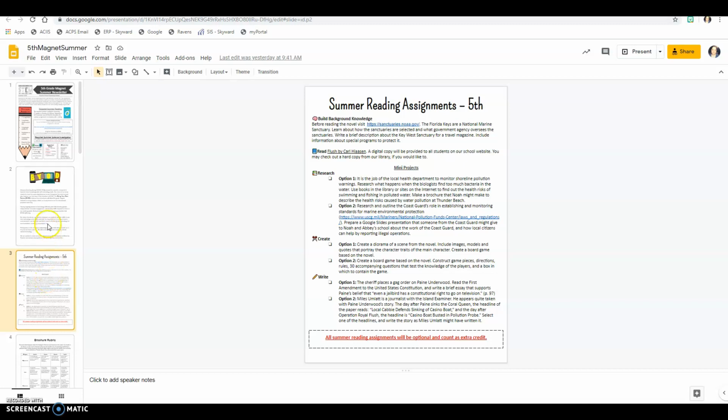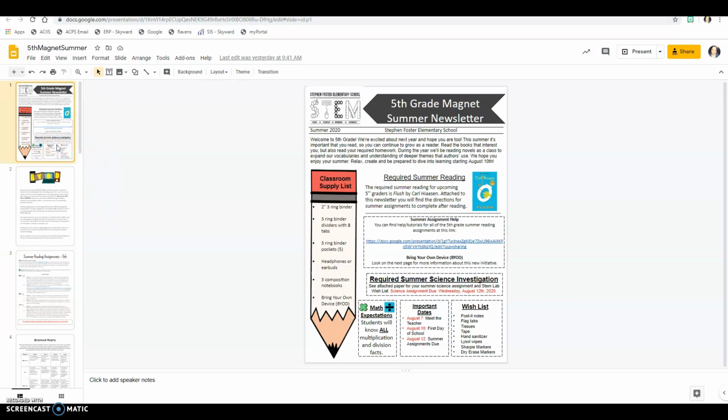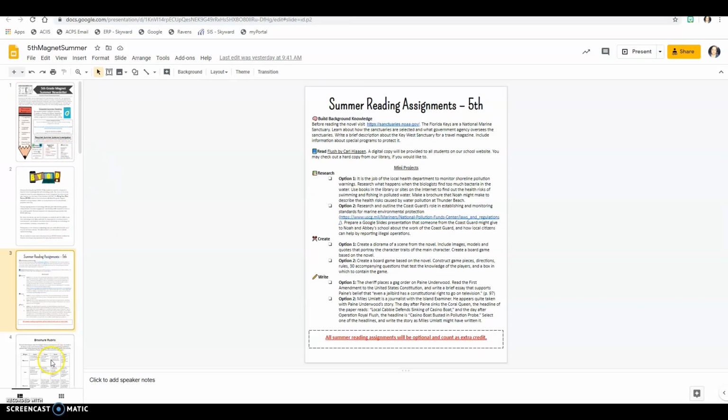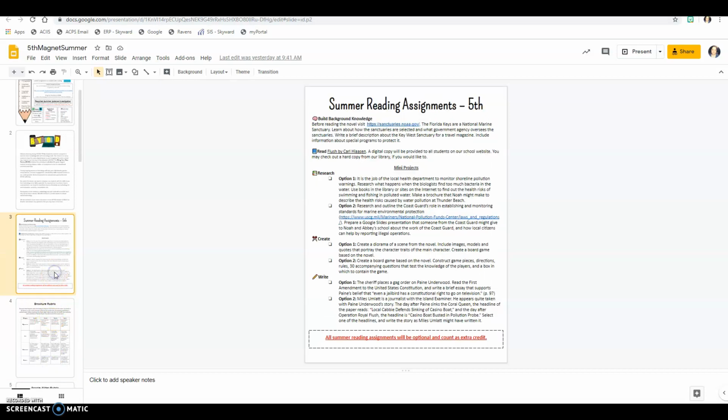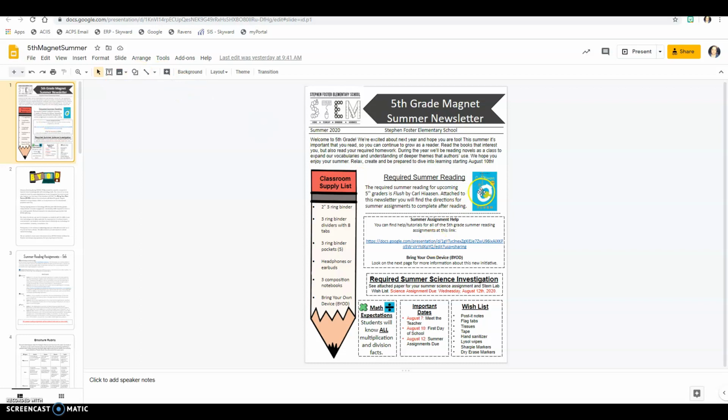Now, this is an important document. If you have not visited this document yet, take the time this week to read through, because you might have questions that you want to bring up to me or email me specifically. Another thing to keep in mind is the book you have access to. So you have an ebook, and if you don't know how to access that, I can share the link directly with you so that if you can't purchase a copy, you'll have one that you can read from your tablet or from your computer. So this is important, the summer homework.